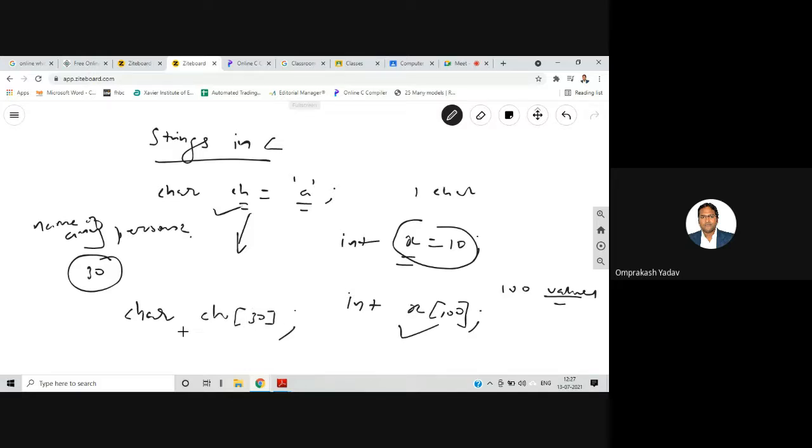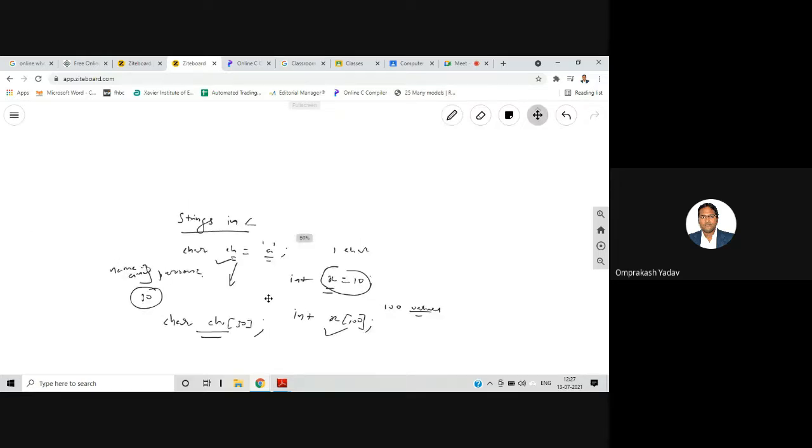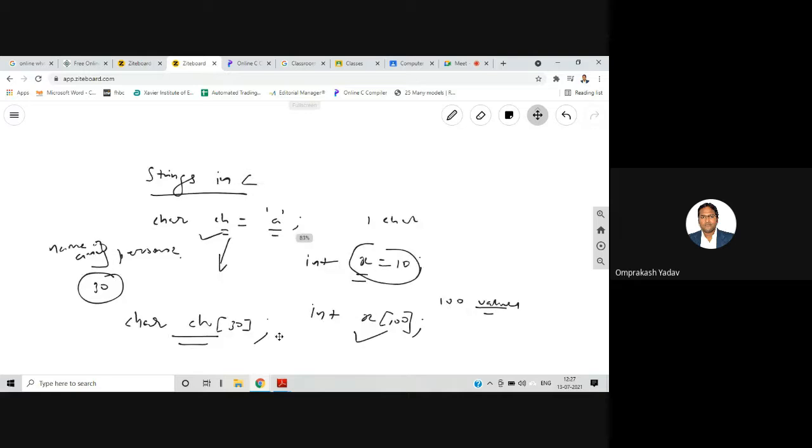In this character array, I can store multiple characters, and then I can store the name of a particular person. Clear? Let me show you an example. First, I'll store the name of a person and then we will display it, by creating a character array.